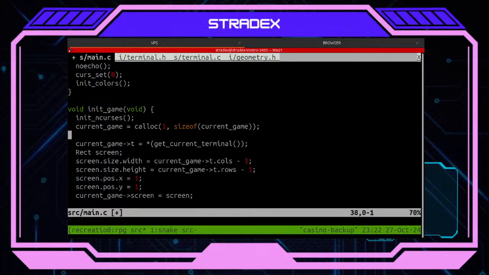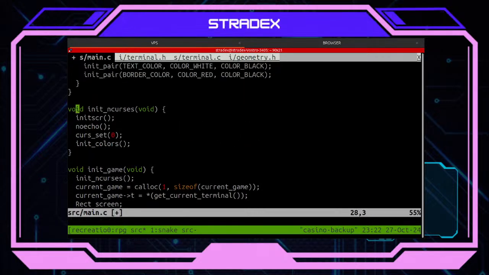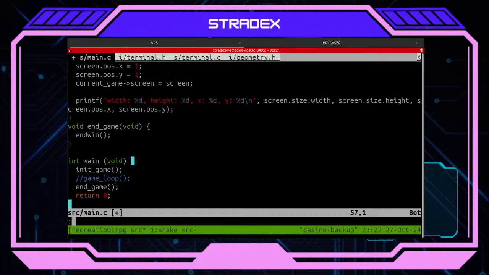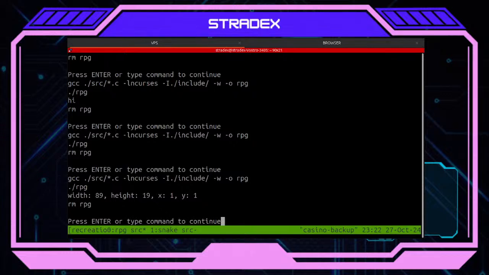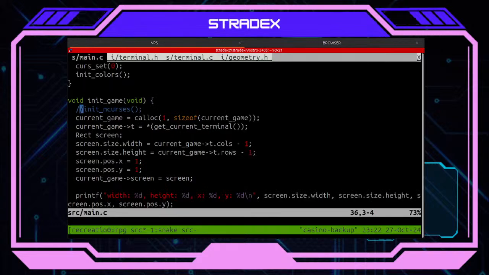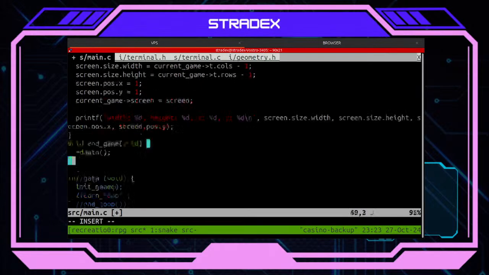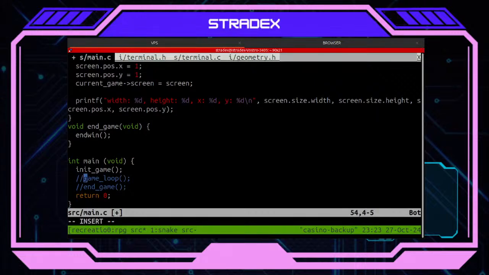Oh, I never reach this because when I start ncurses, yes, I know what happened here. Once I start ncurses, I have to print width and height xy. Okay, fine. So yes, it seems to be working though.